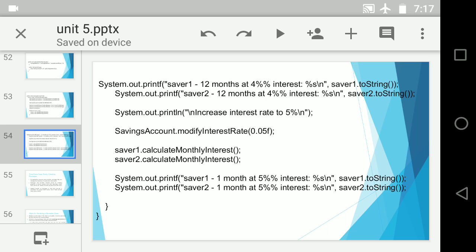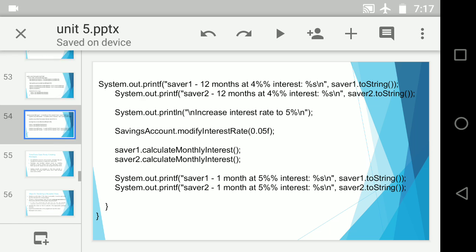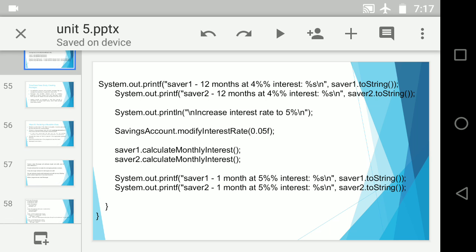There will not be a change in output because the method is static. I want you to check exactly what is happening, and then you will understand the actual working of static classes. Done. So this is how static classes are dealt with.